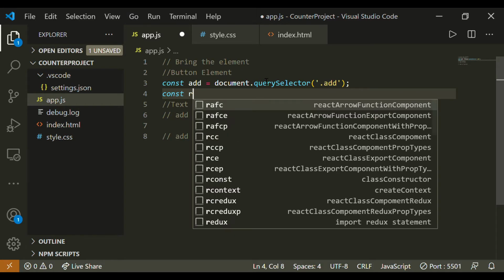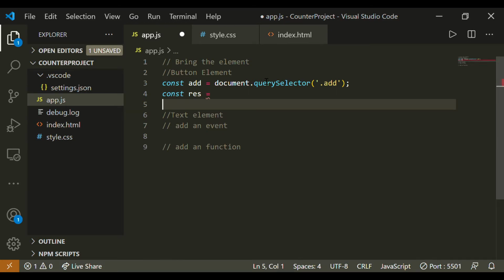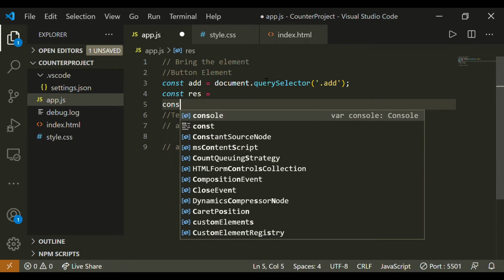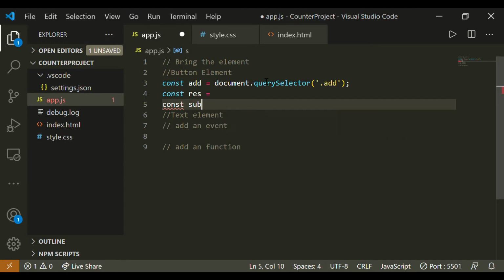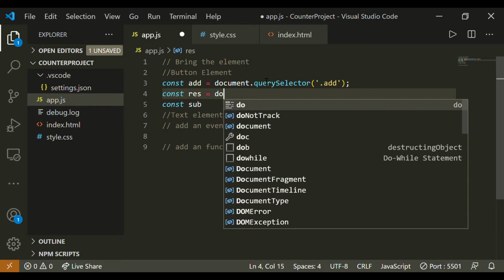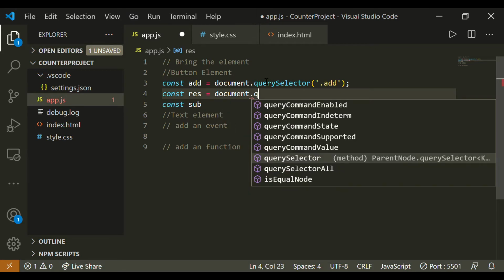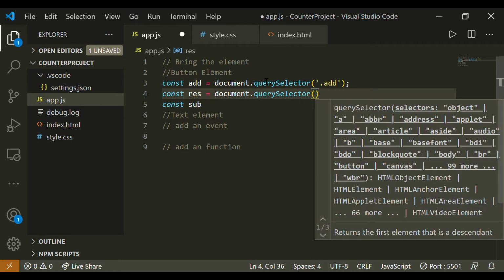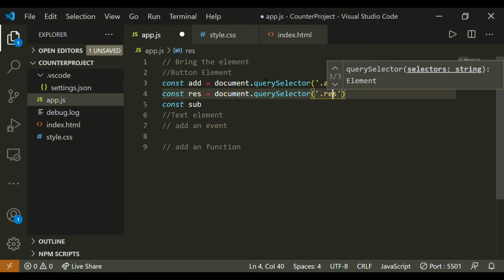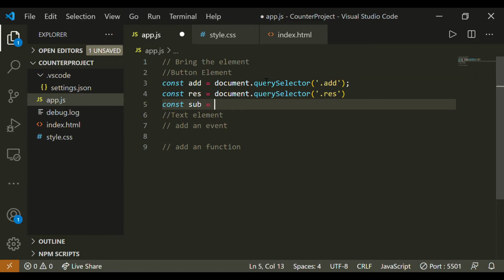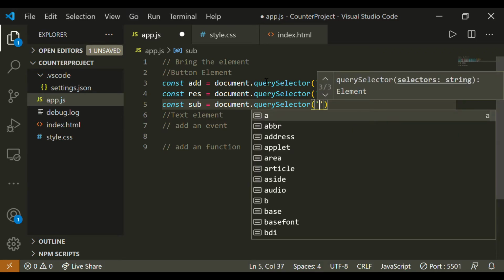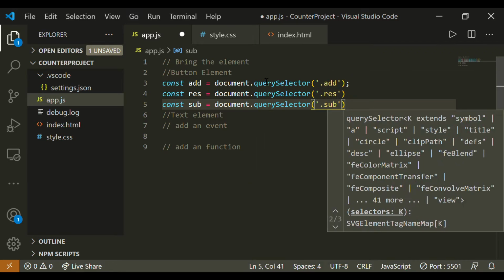Then same with reset, and same with subtraction. So this would be document.querySelector, and it will be the reset class, and this will be our document.querySelector, and it will be of the subtract class.